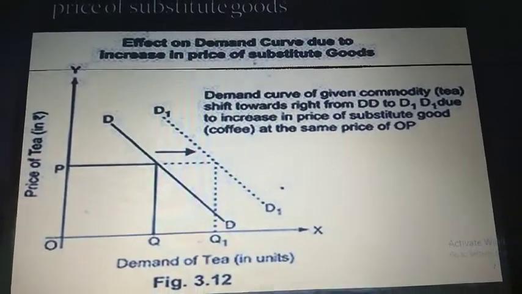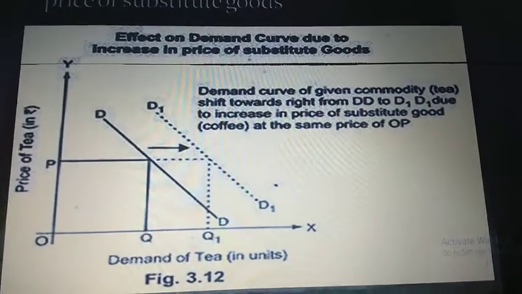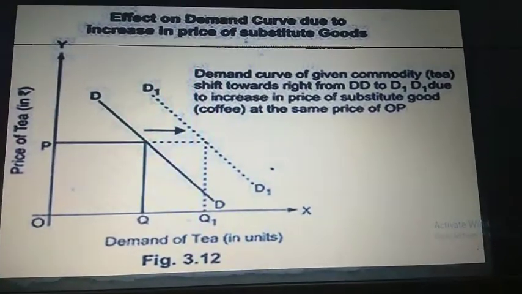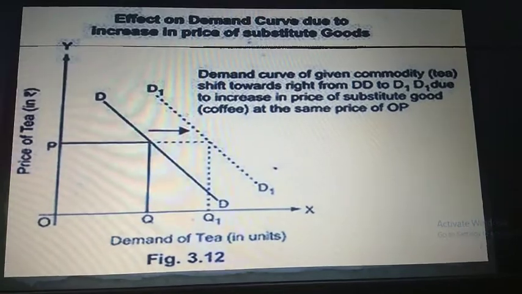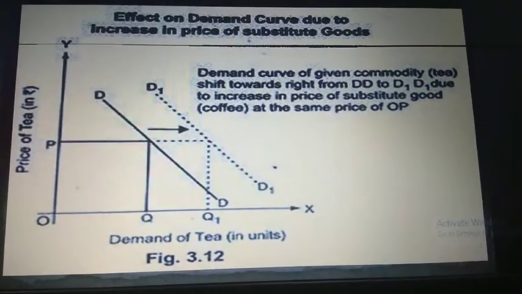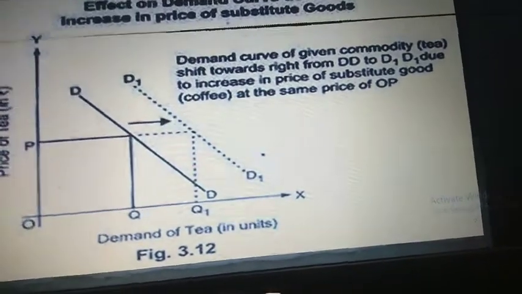So these are the 3 points in totality which you have to write as a part of the answer. Number 1, the meaning and example with specification of given good and substitute good. Number 2, where does the demand curve shift? And number 3, why does it shift? Because in this case, consuming tea becomes cheaper.